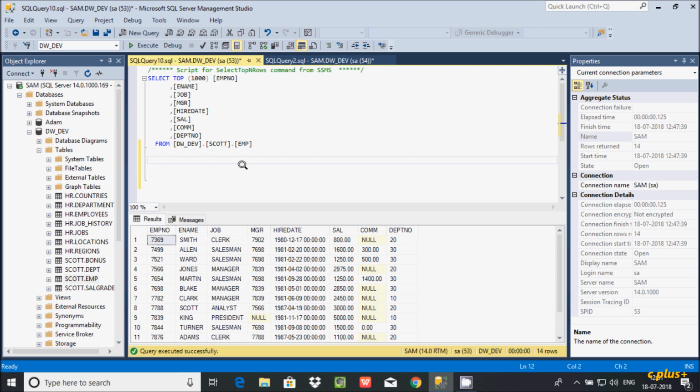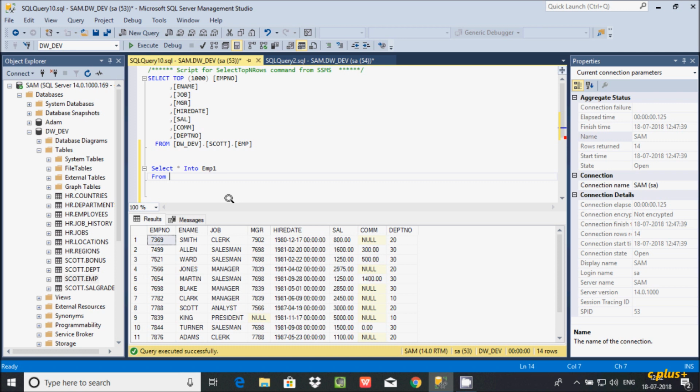First I'm going to create a new table. Let's write SELECT and a star. The star indicates all columns, so it selects all the columns. Hereafter I'm using the INTO keyword, and here you have to give the new table name. I'm going to give the table name emp1. This is the new table I'm going to create, and here FROM